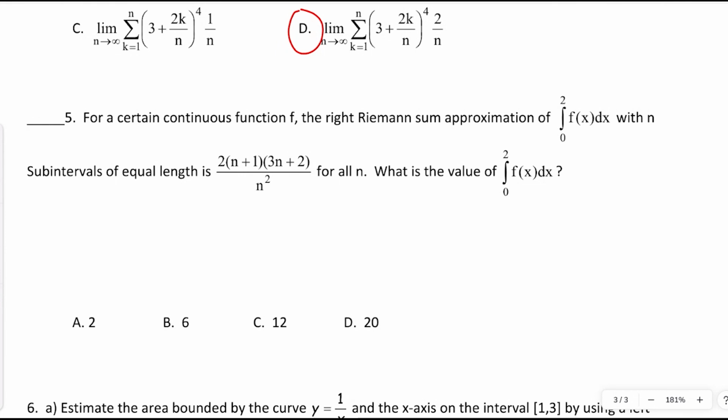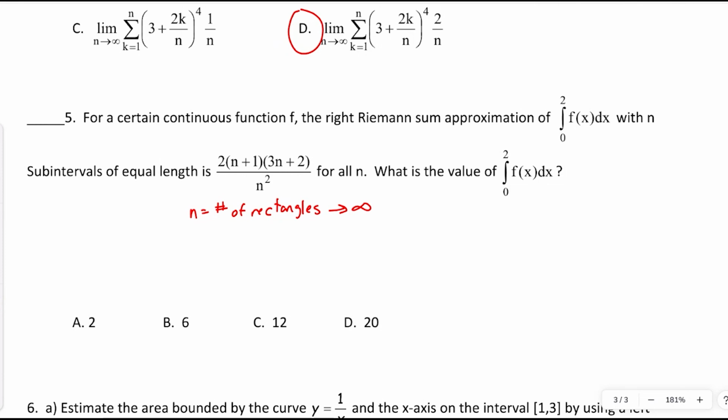Okay, so in order to calculate the value of the integral, how many rectangles do we want? It says for n subintervals. Well, how many n's do we want? If we want the exact area, what does n need to be? Yeah, it's got to go to infinity, right? So n, which is the number of rectangles, we want that to go to infinity. Now, clearly, we cannot just substitute infinity into n. It doesn't work like that. But we sure can